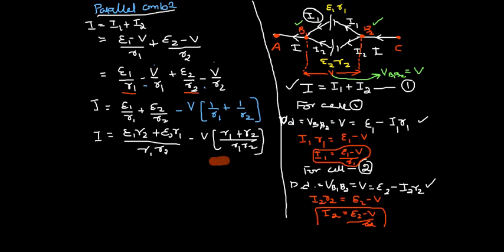Therefore, what we have to do, we have to bring this term on the LHS. We have to bring this on the LHS. Therefore, V into R1 plus R2, whole divided by R1 R2, is equal to E1 R2 plus E2 R1, whole divided by R1 R2, right? Thereafter we have a last term, minus I. Now it's not a pure potential difference V, it has some coefficient, therefore make it free from the coefficient.